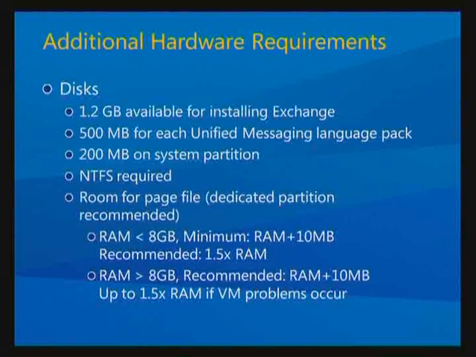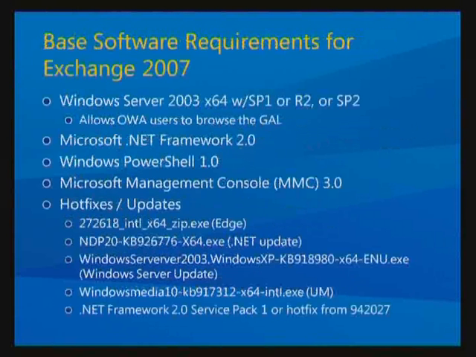Okay, so we've talked about the hardware requirements now. Let's talk about the software requirements. Well, for production users, it's got to be Windows Server 2003, x64, with either SP1 or R2 or Service Pack 2. Now, this is actually a combination of requirements for RTM and SP1. RTM only requires up to SP1 of Windows 2003. But for SP1 of Exchange 2007, you have to have SP2 of Windows 2003, or of course Windows 2008 when